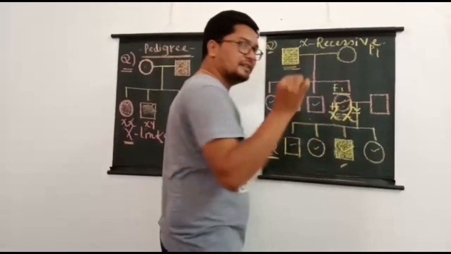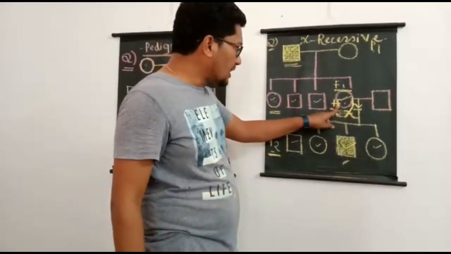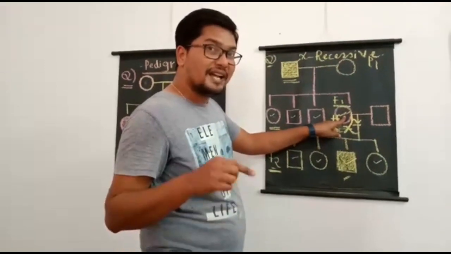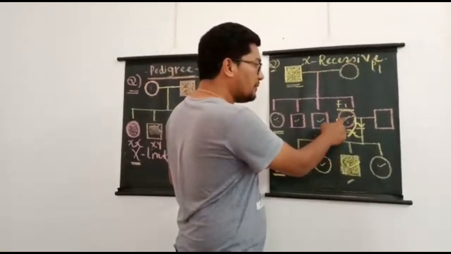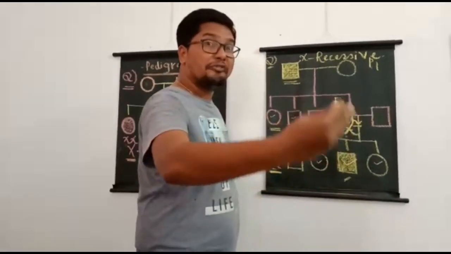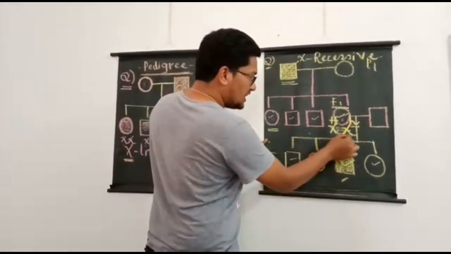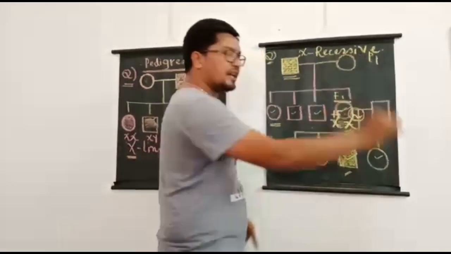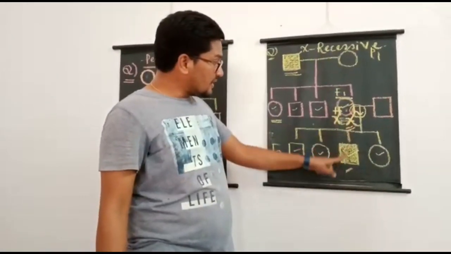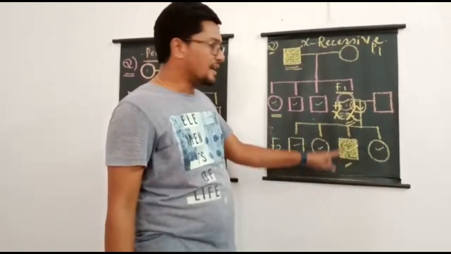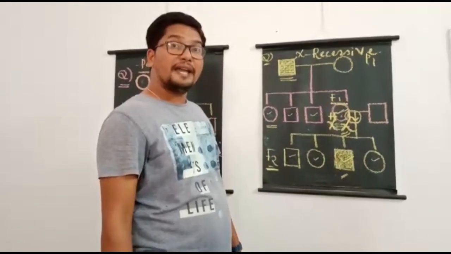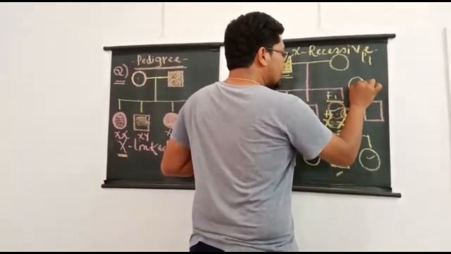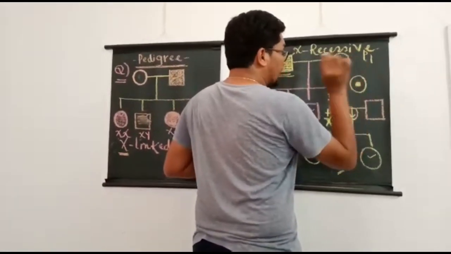Normal allele is present. So this normal allele dominates the recessive allele, and that's why this female is healthy. But such females are called carrier females, meaning she is going to carry this allele responsible for hemophilia to 50% of her sons, and such females are called carrier females. In the NCERT textbook, the symbol for carrier female is not mentioned.